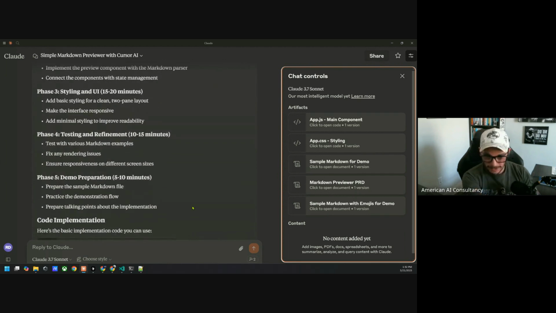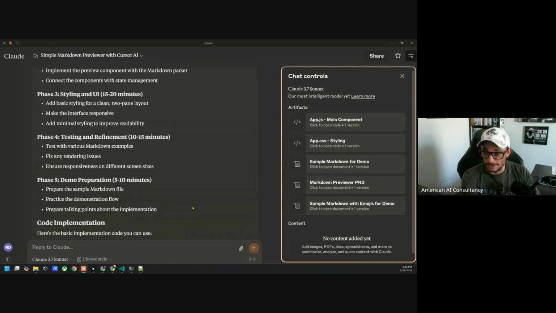So you have this. Now what you need to do is come up with an actual plan, because this is all high level. You can see, like in the testing phase or in phase 3, there's 3 steps. That's not really going to give Cursor enough to work off to actually build you what you want. So the second thing you do is you say, okay,